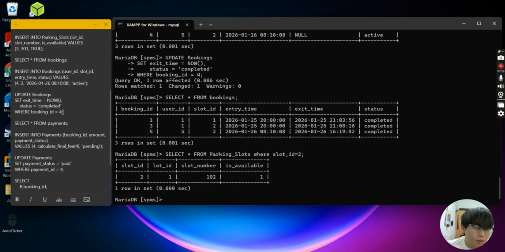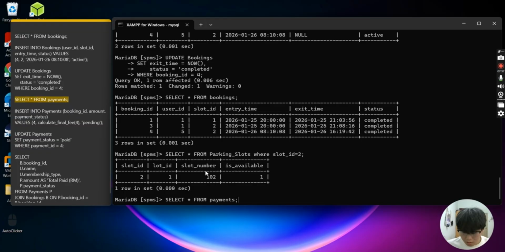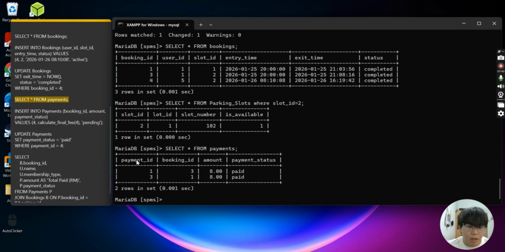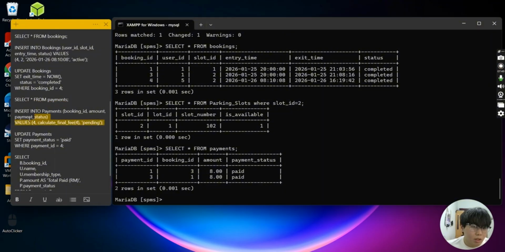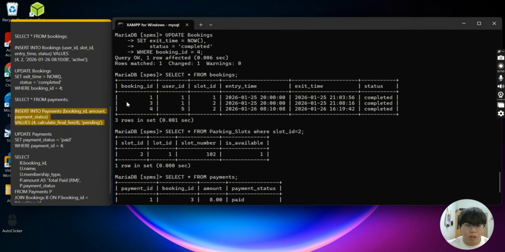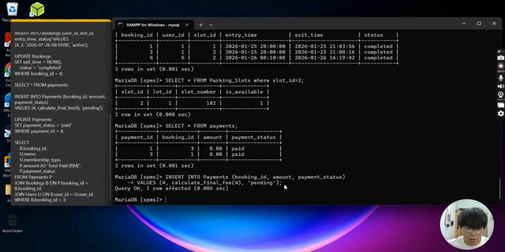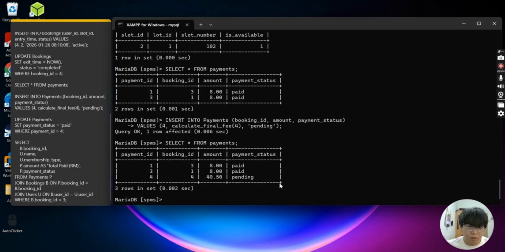So go back. And then after the user exits, of course he needs to make a new payment. Okay, the payment table already got 2 records. So we can insert a new payment for the user who just exited. Then let's see what we got. Yeah, so 1 hour is fine, I guess. Because he is a standard user,